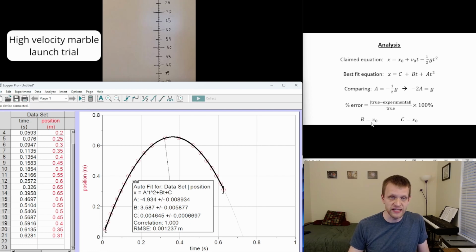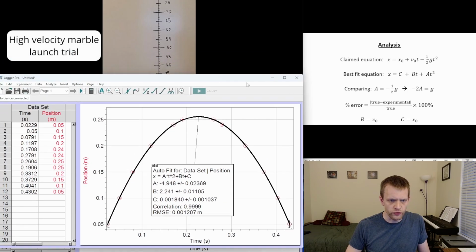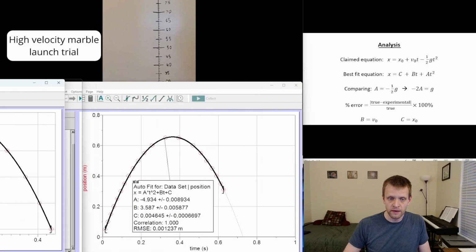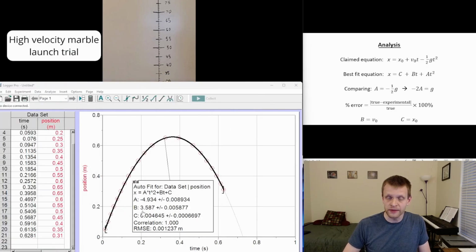We said that should be the initial velocity. This initial velocity is a lot higher than what we had, if I can bring this one over, than what we had for our first case. This one was a lower initial velocity. This one was a significantly higher initial velocity. But we got that matching between our